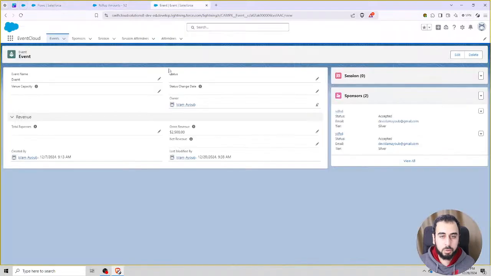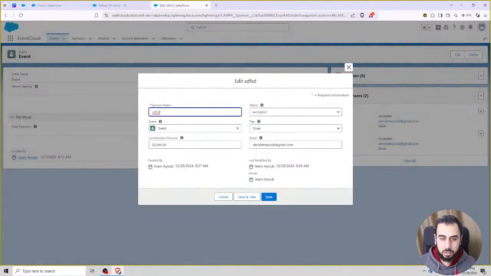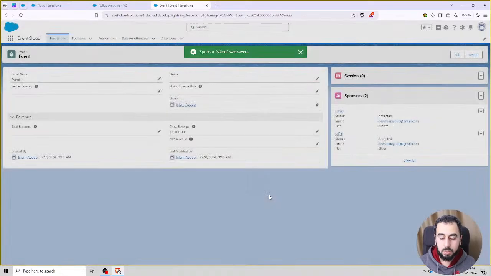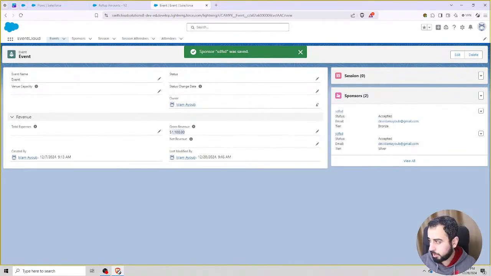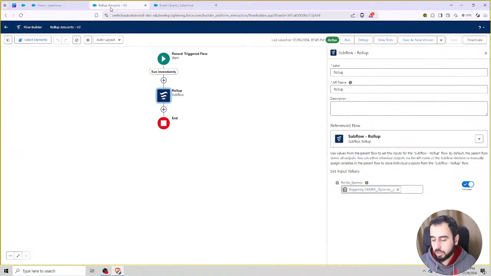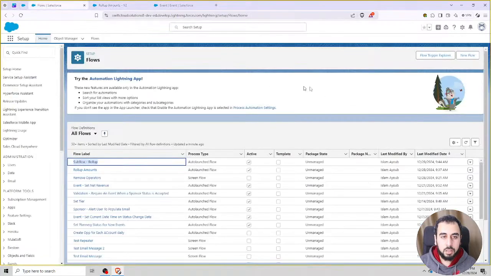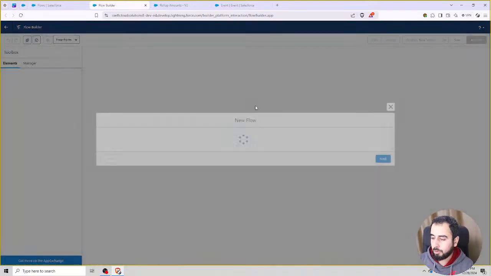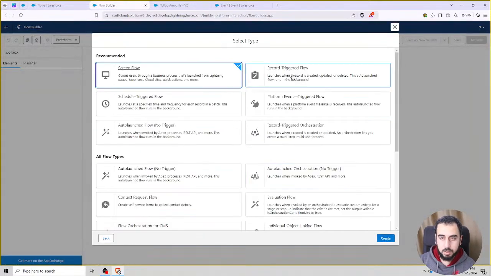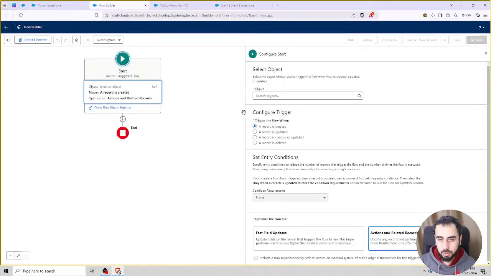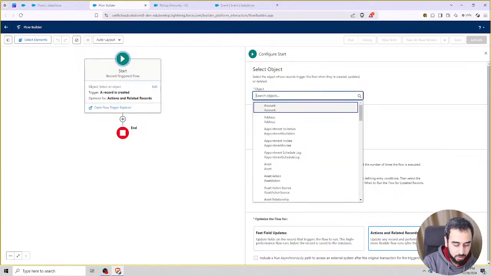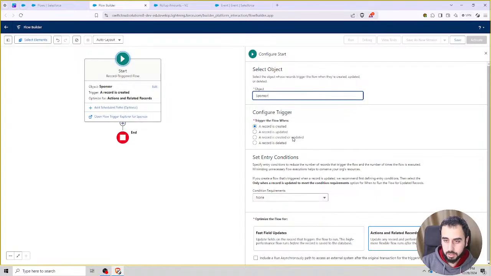If we were to do our updates, let's change this from 2000 to 600. It should continue to work, so it's working just fine. So it's doing the same thing, we just did some organizing. Let's go back to flow and let's create the one on delete now. Record triggered flow. If you can tell me what's the problem with on delete in the chat, that would be amazing. So we need, whenever a sponsor record gets deleted,